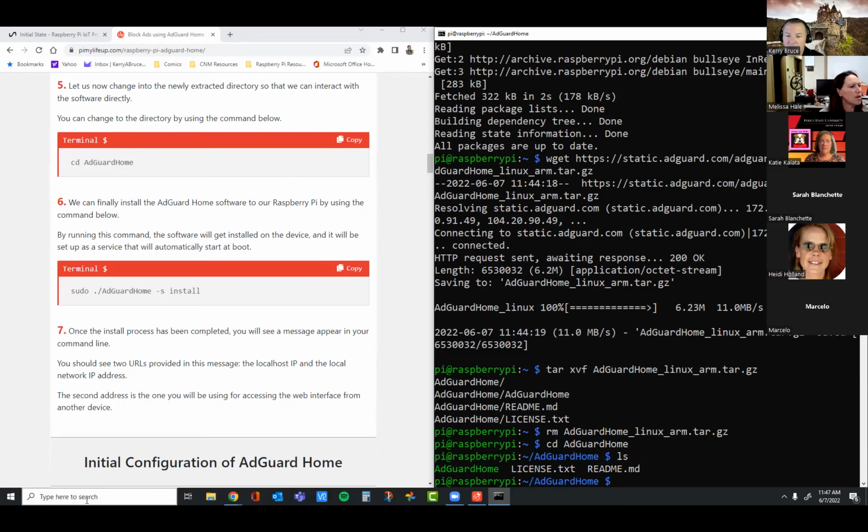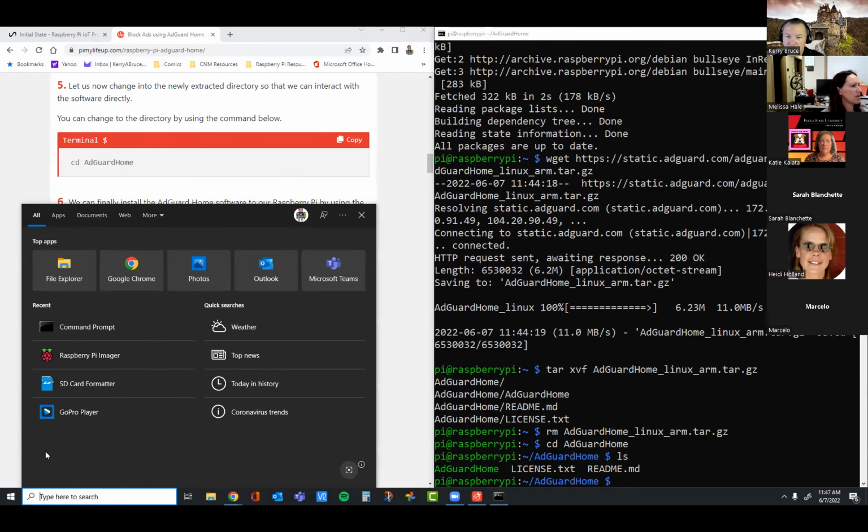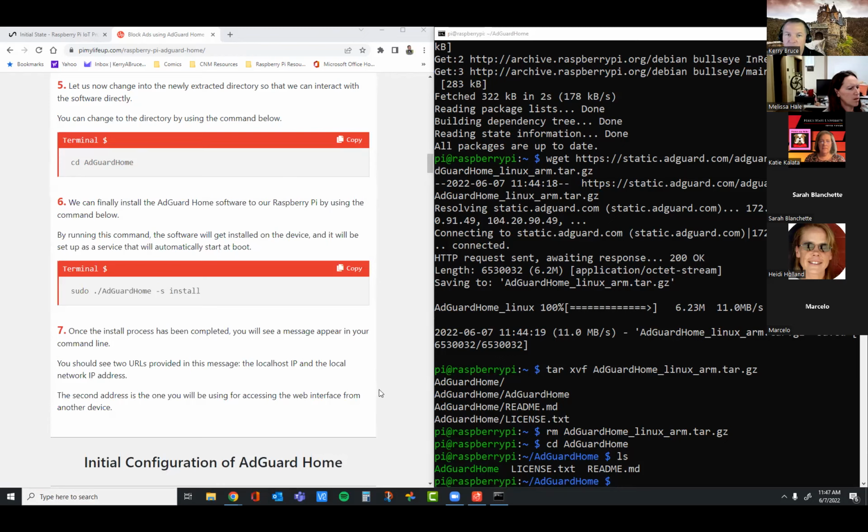So type the word ping, space, and then the name of the computer, which is Raspberry Pi 14.local. So the command should be ping space raspberrypi14.local. Yep. Before you hit enter... Too late.